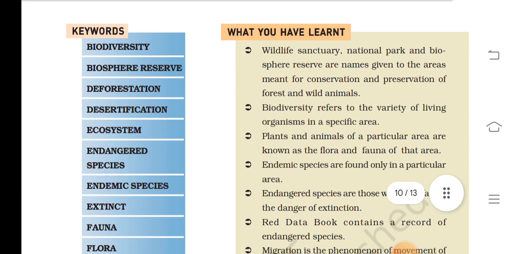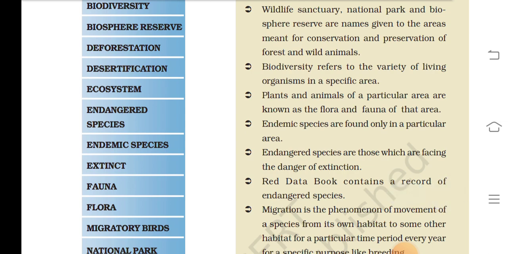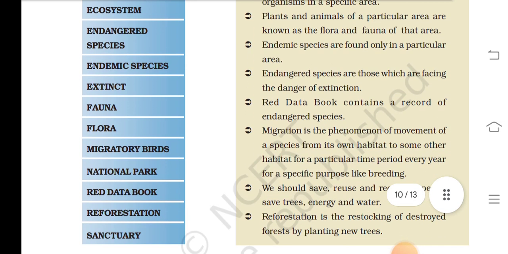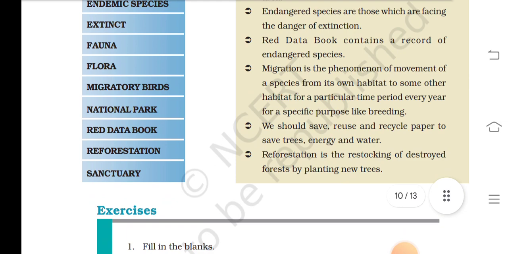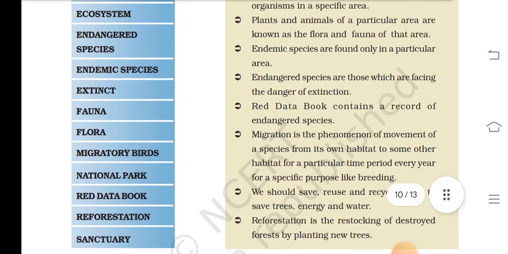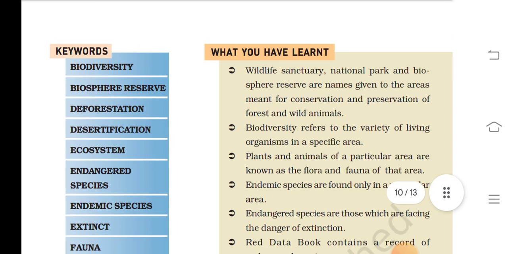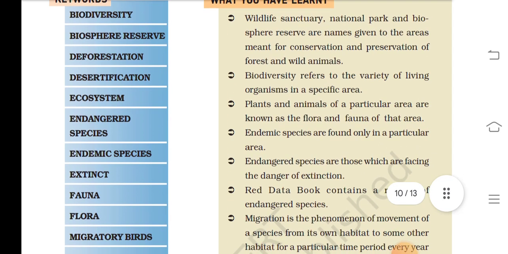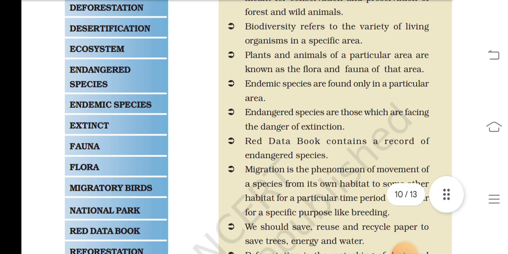Keywords: biodiversity, reserve, deforestation, ecosystem, endangered species, extinction, flora, fauna, migratory bird, national park, Red Data Book, reforestation, sanctuaries. You have learned: Wildlife Sanctuary, National Park, Biosphere Reserve are names given to areas meant for conservation and preservation of forest and wild animals. Biodiversity refers to a variety of living organisms, species,